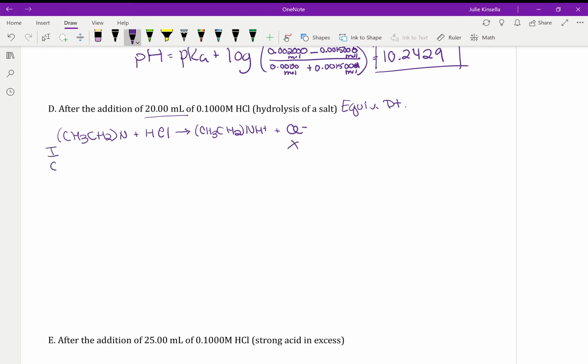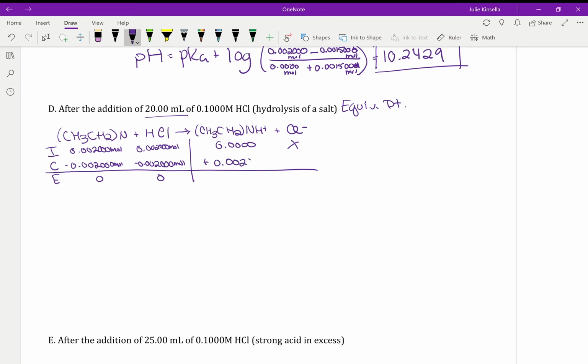So when we look at our ICE table for this, we already know that we had 0.002000 moles. And if it's at our equivalence point, we also know that it has to be the same number of moles present for HCl. Okay, and then we have 0. All right, so then on this part, they're going to react together, and the 0.002000 mole is going to get consumed, but that's going to then produce 0.002000 mole